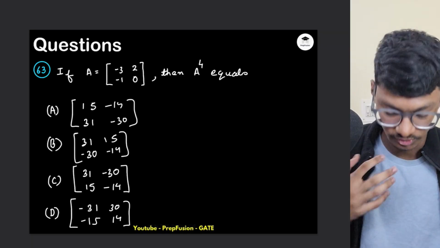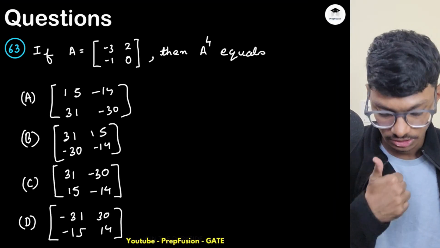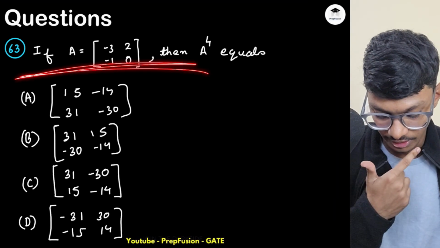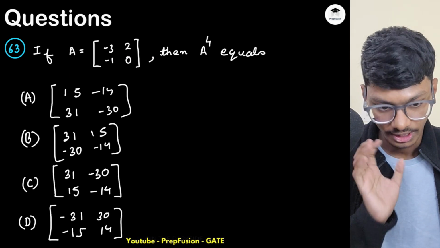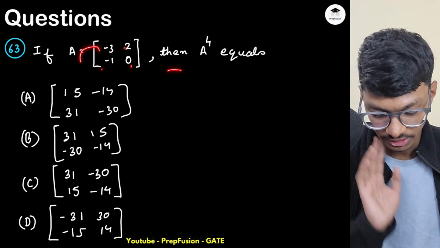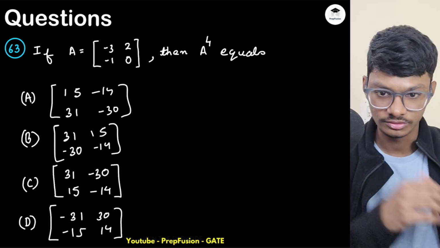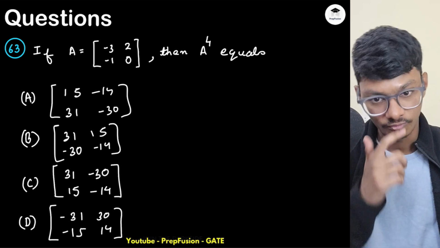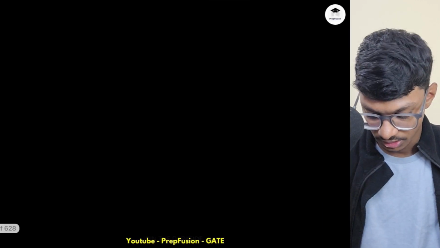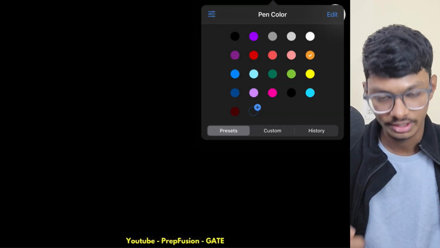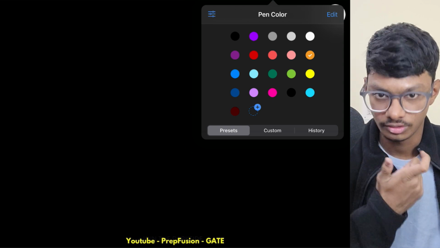Again, this was one shortcut I forgot to tell you previously, so we covered that. Now A is given, A is equal to [-3 -1; 2 0], and you have to find A raised to power 4. How can we solve it? You can solve using the conventional method. The conventional method is you find A square, then A cube, then A raised to power 4. So method 1,